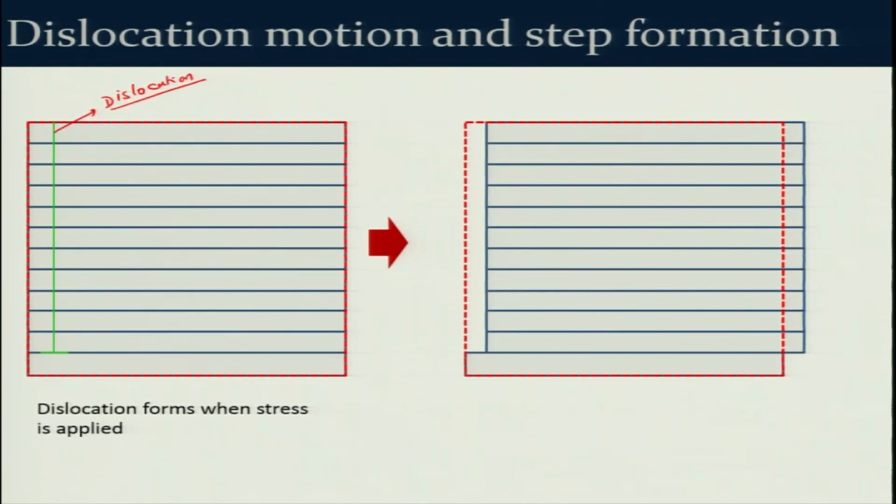This dislocation is basically created by pushing an extra row of atoms from the neighbor. You can't bring atoms from anywhere, so it has to come from within the crystal itself. So, push an extra row of atoms. The dislocation will form when you apply stress. These are various, let us say, stacks of planes, okay. When you apply stress, this dislocation will move out and it will create a step in this direction.